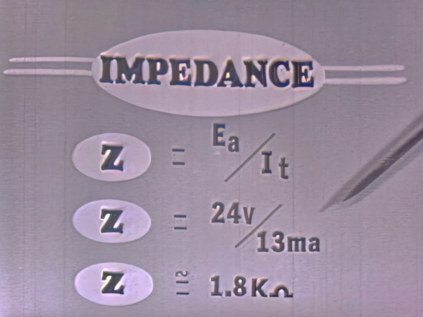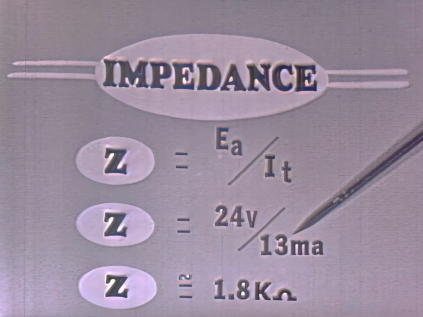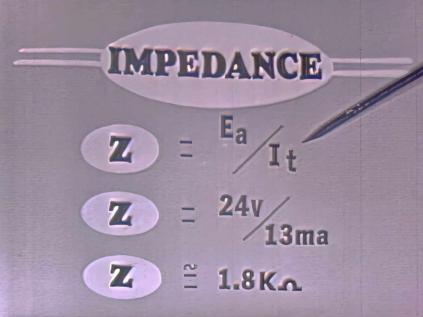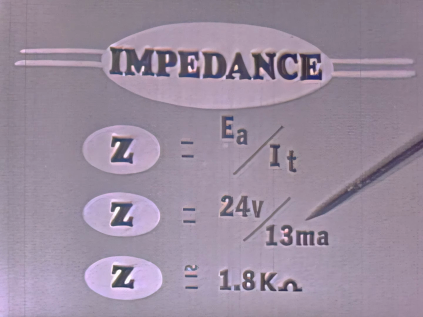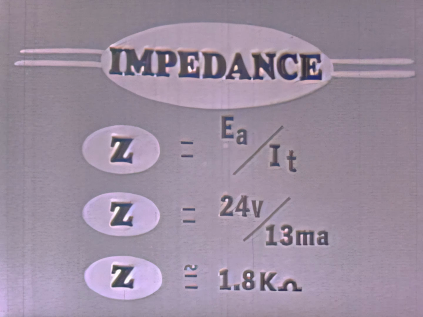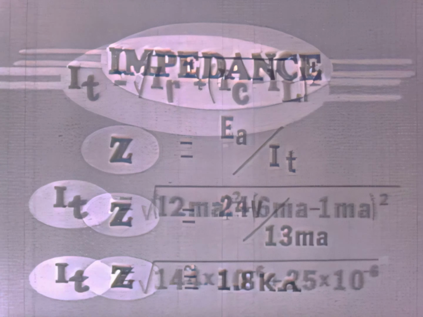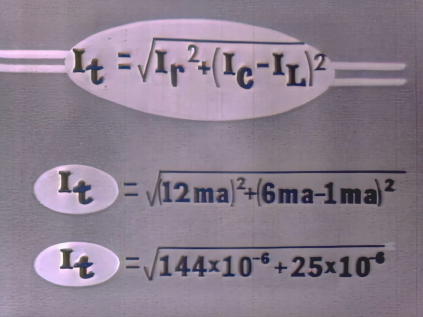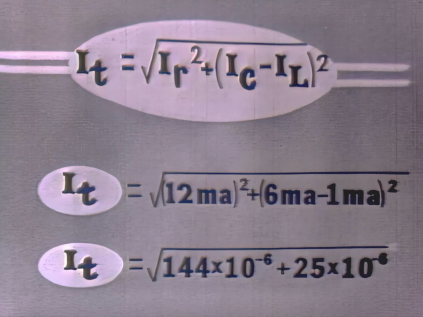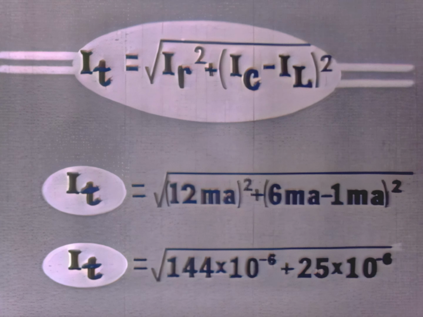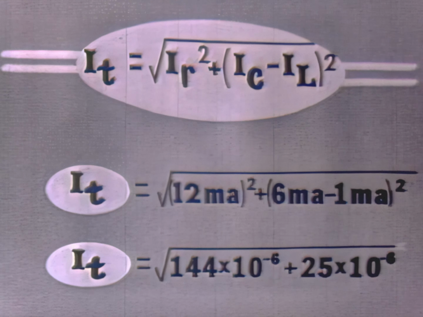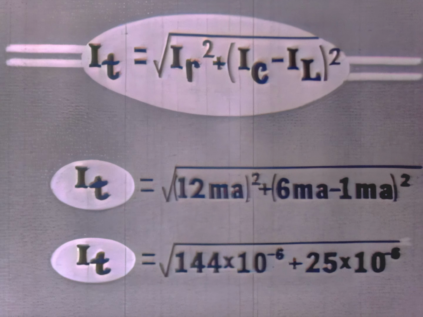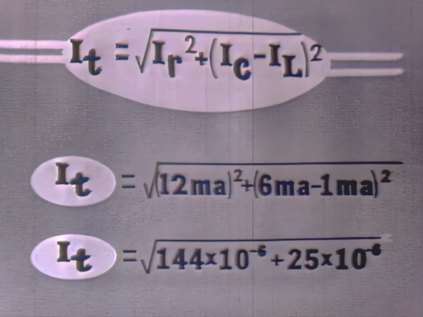Although I have chosen to solve for our total current, which is 13 milliamperes, by using a graphic solution, we can also use a much more accurate method, and that is the Pythagorean theorem in determining our total current. The Pythagorean theorem comes out this way, where IT is equal to the square root of IR squared plus the quantity of IC minus IL, squared. Substituting into this formula 12 milliamperes for IR, 6 milliamperes for IC, and 1 milliampere for IL, and performing the indicated operation,